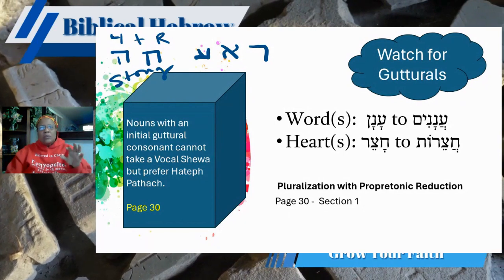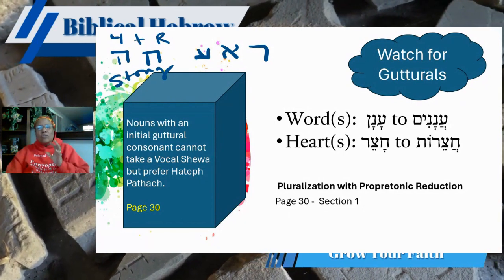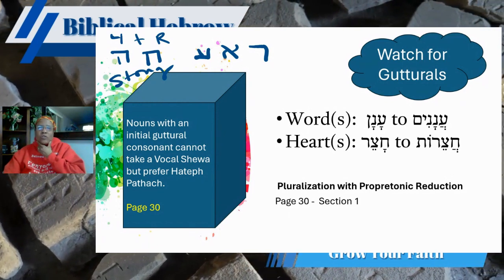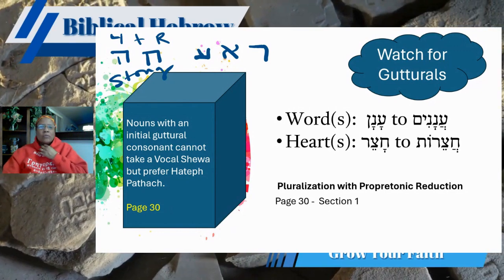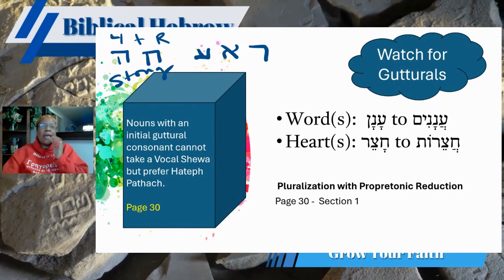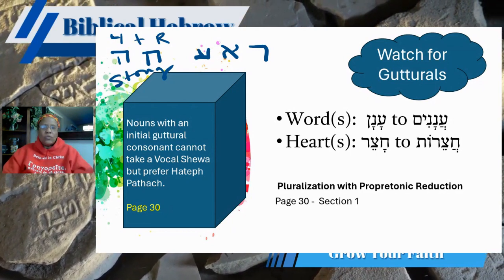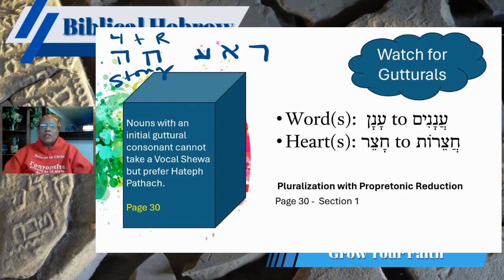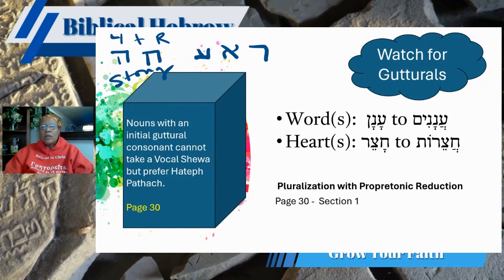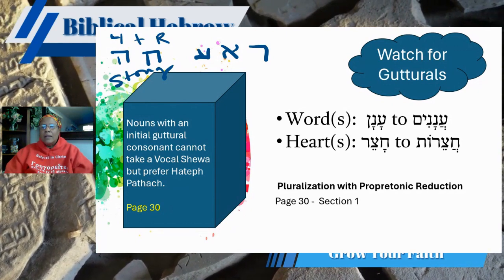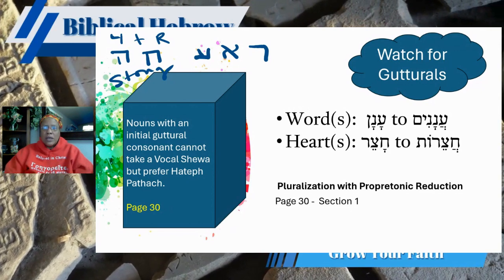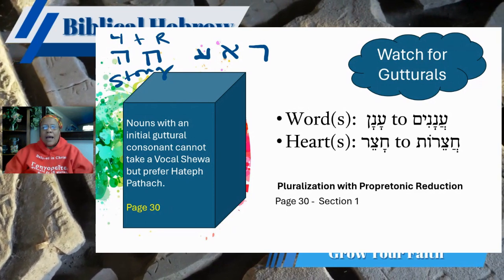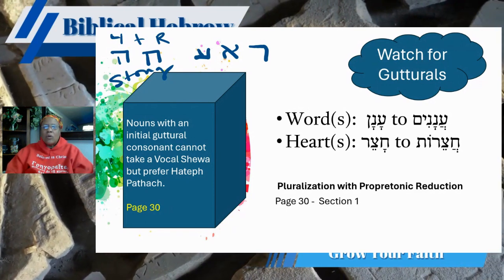Nouns with initial gutturals, guttural consonants, cannot take a vocal schwa. That's just the rule. The initial letter cannot take a vocal schwa. It has its own tone, and so when that happens, it's always going to be a hatef, or a reduced vowel. Okay, it does prefer the hatef patach. Remember on page 30. We're going to look at two words. The first word is anan, and we're going to convert the singular masculine word to ananim, and then we're going to